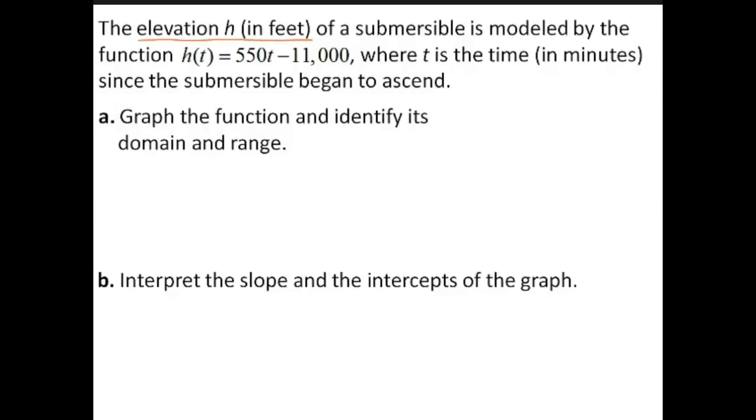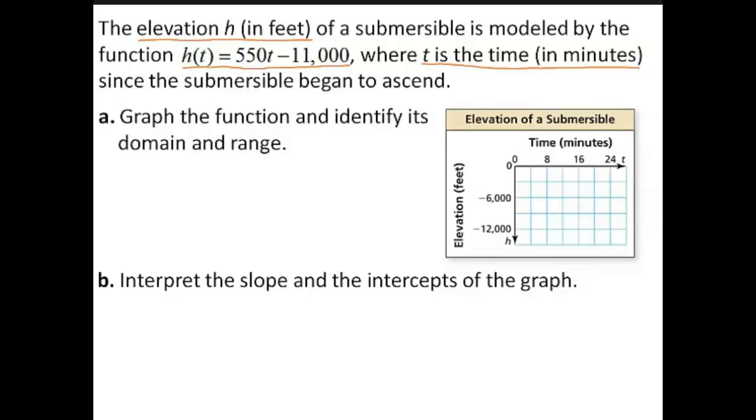The elevation h in feet of a submersible is modeled by the function h of t equals 550t minus 11,000, where t is the time in minutes since the submersible began to ascend. Part A. Graph the function and identify its domain and range. The time t must be greater than or equal to 0. The elevation h is below sea level and must be less than or equal to 0, so graph the function